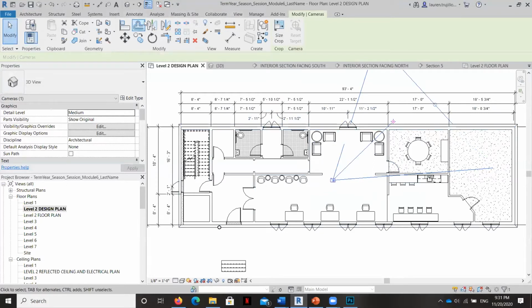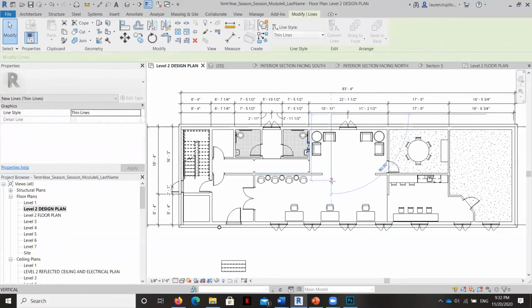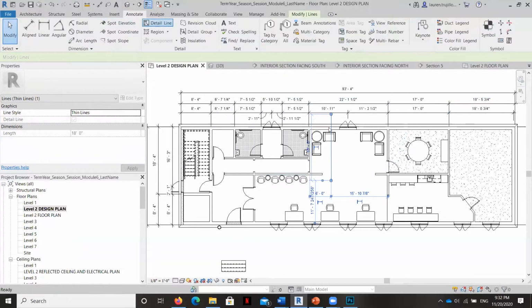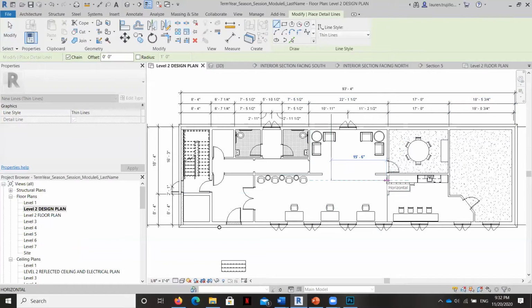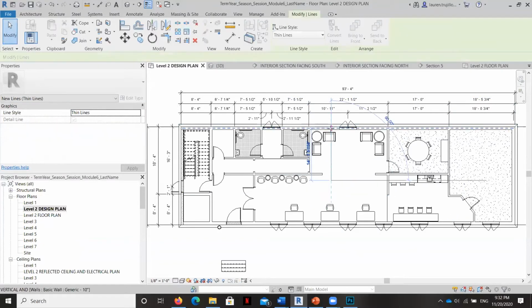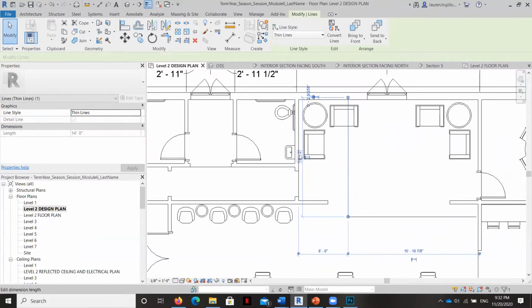So if we create a detail line, let's just say, we go to annotate, detail line. So we need one that's about here, where our camera was. And our camera actually went from there to right about here. Okay, so the swatch that we need to create for this space needs to be at least 14 feet wide